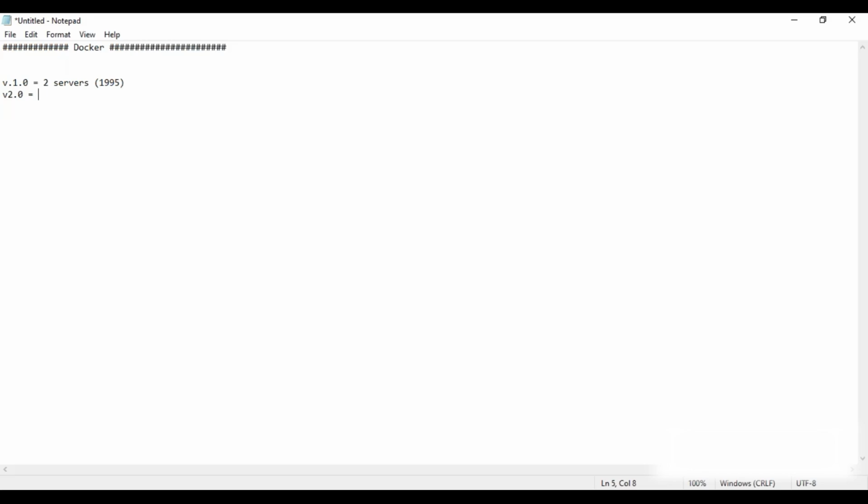What will a version change contain? Maybe some new features, or fixes for bugs and vulnerabilities. When we are changing versions, we may need a few more servers, because we are adding a few features to our application, so two servers are not sufficient. We need to add a few more servers. So again, we'll add two more new servers. Maybe in the year 1998, our application has been upgraded, and maybe in version 3.0, we need 20 servers now.